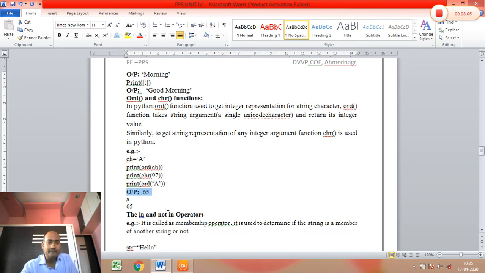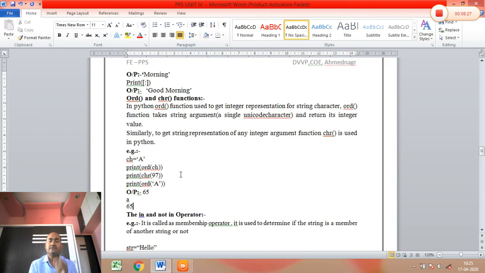Again look here, 97 and chr. In a reverse way, the chr function is used to get the character value of a digit. Suppose 97 is given, what is the character value of 97?